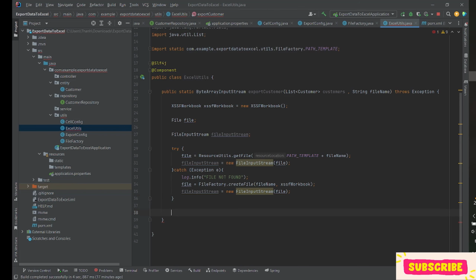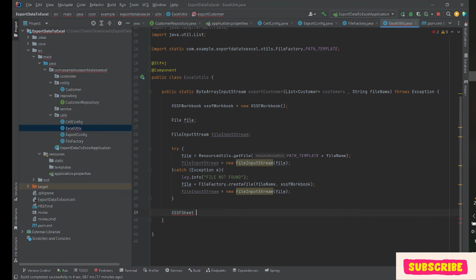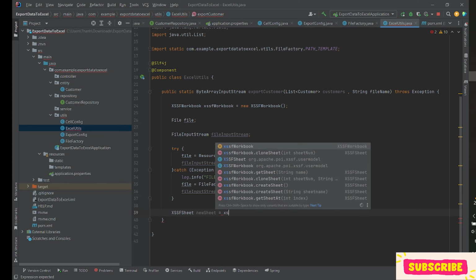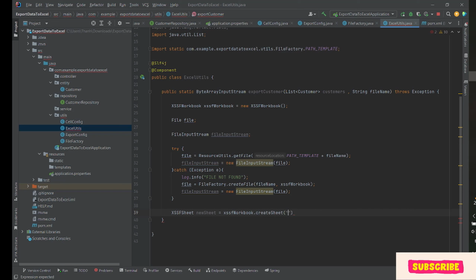So next we will create the sheet, because the Excel file has many sheets, so we will pass data to sheet 1. Then I can add a sheet, a new sheet equals workbook.createSheet. Here we can create the sheet, which is sheet 1 here,